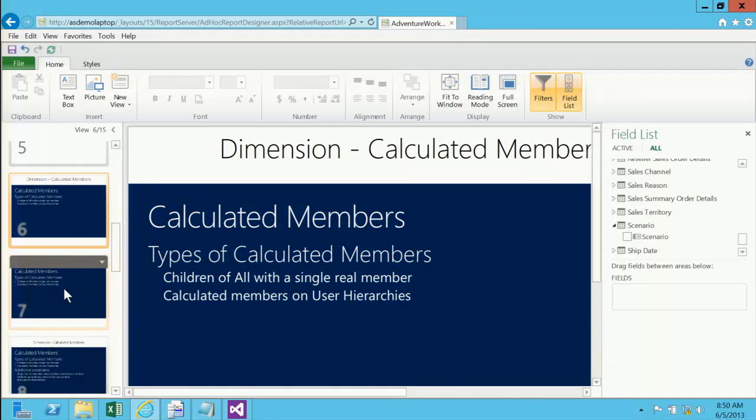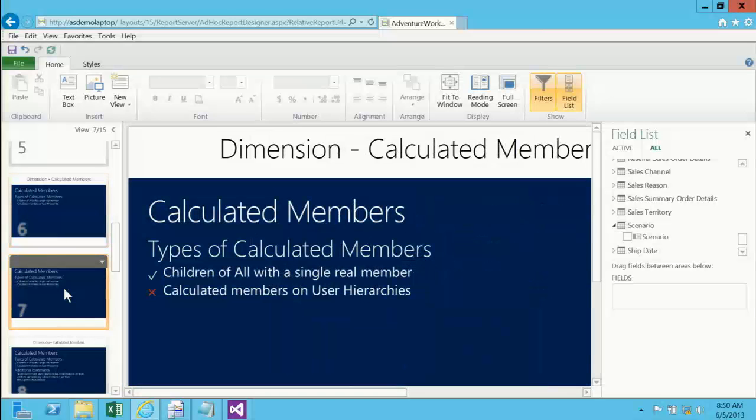One of the biggest things that we don't support today is calculated members on user hierarchies. So we don't support that because it's very difficult to implement inside the PowerView. So if you have that, it won't show up in PowerView. Your cube will work. The only thing that won't show up is the calculated member on the user hierarchies. If you want to make sure, if you want to see what is not supported in your cube